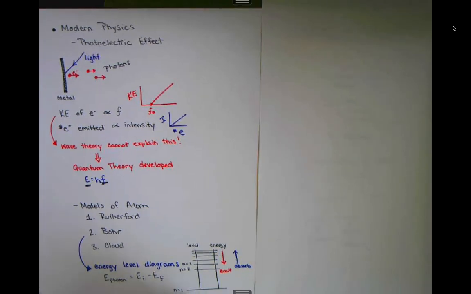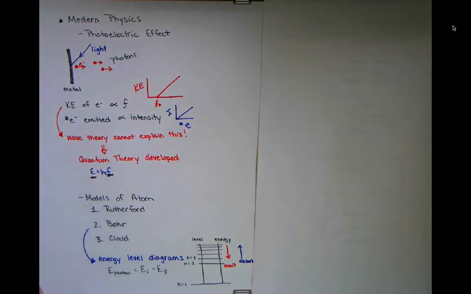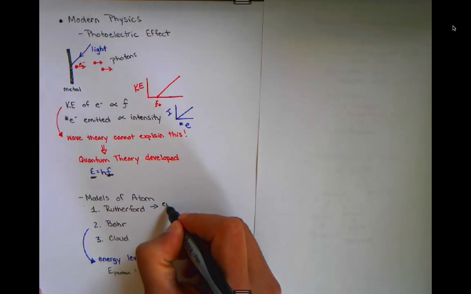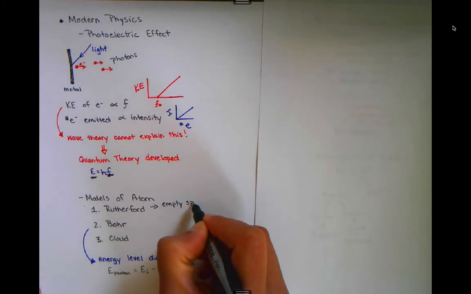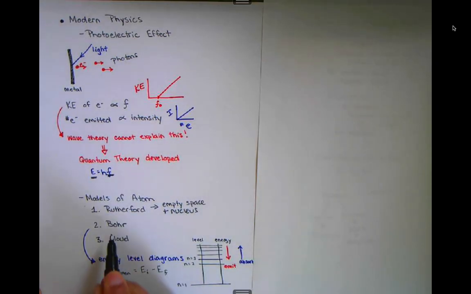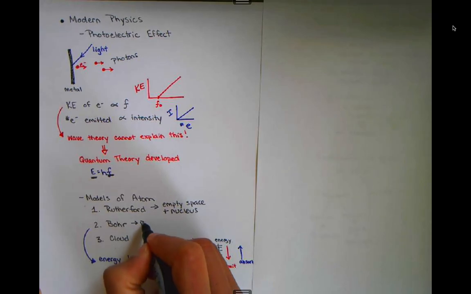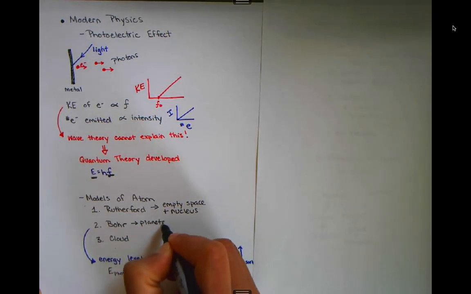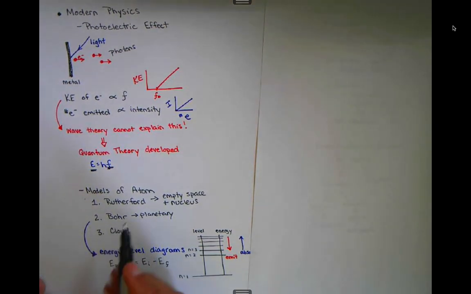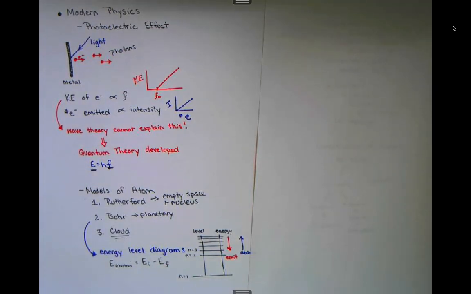Okay. Then we talked about models of the atom. So you should know the Rutherford model, right? And that he determined that the atom was mostly empty space, but had that dense positive nucleus. Right? The Bohr model is that planetary model, and we still use that today because that explains these energy level diagrams. Right? And then, of course, the cloud model is really what we know the model of the atom to be, but the Bohr model helps us visualize, right? And also explains spectral lines. So here's your